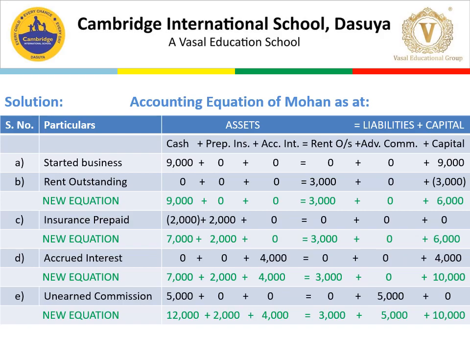Next is accrued interest. Accrued interest is the income earned but not received. So income earned would be added in the capital. So 4,000 added in the capital, but it is to be received in future, benefit to be received in future, so it is considered as an asset. So there is a new column of accrued interest on the asset side of rupees 4,000. The new equation would be cash 7,000, prepaid insurance 2,000, accrued interest 4,000. Then on the liability side, rent outstanding 3,000 and capital 10,000. Both sides equal 13,000.